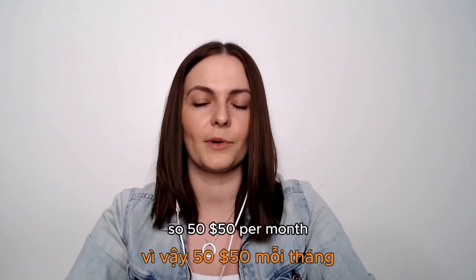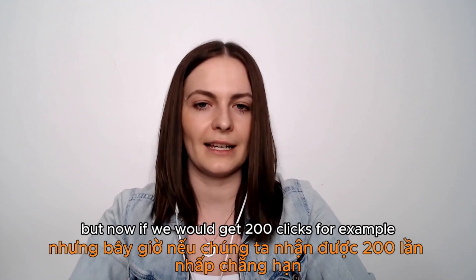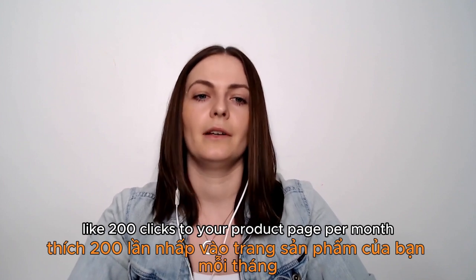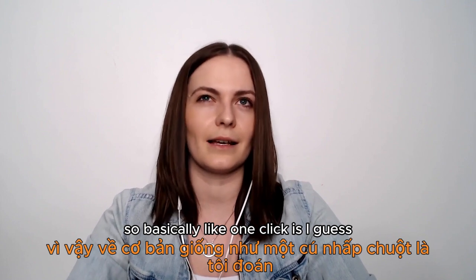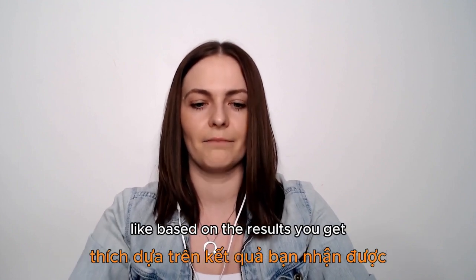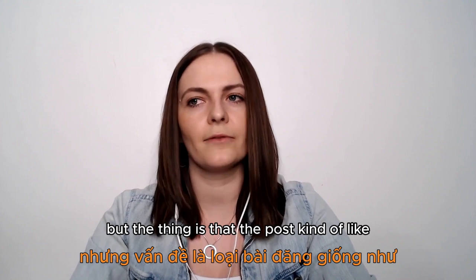So $50 per month. But now if we would get 200 clicks, for example, which is like real cases, like 200 clicks to your product page per month. So it's $50, 200 clicks. So basically one click is, I guess, less than half a dollar or something. So you kind of need to calculate those main things based on the results you get. But the thing is that the post kind of has its